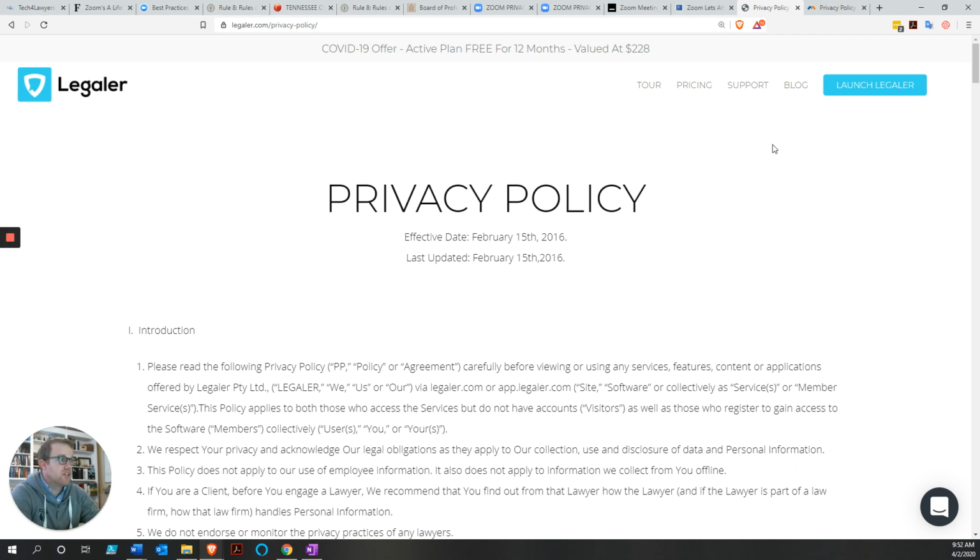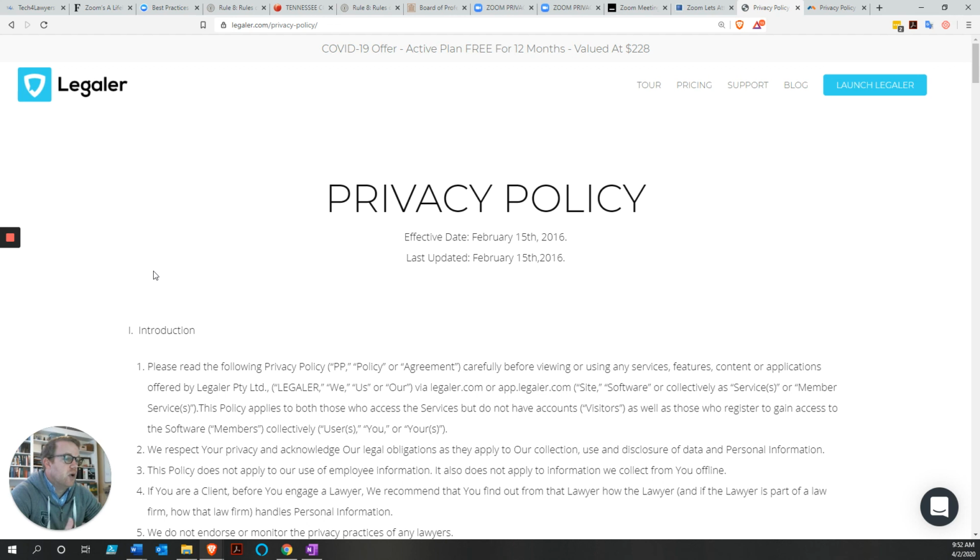Now, the first thing we notice in going through this one is last updated over 4 years ago. And so this is, to me, at the time, a stable privacy policy. And it hasn't raised red flags yet. So I don't feel the need to go look to see what the privacy policy was on February 14th of 2016, because this has been pretty good so far. It's been stable for 4 years.